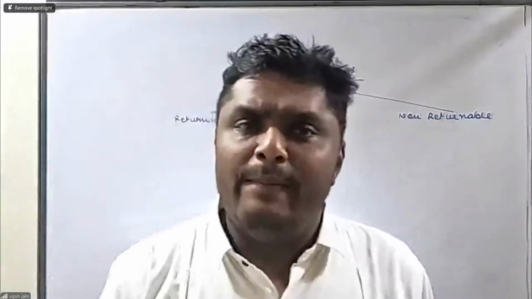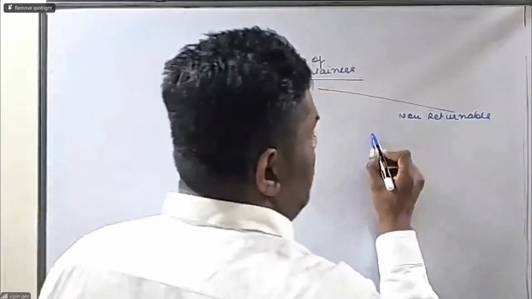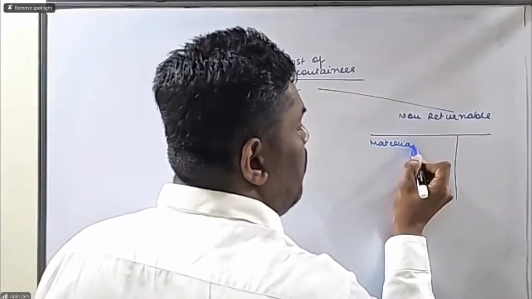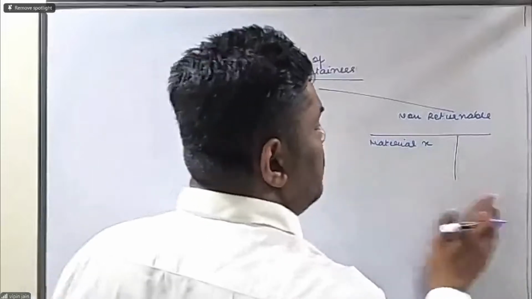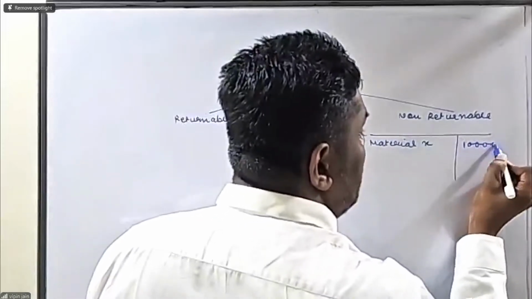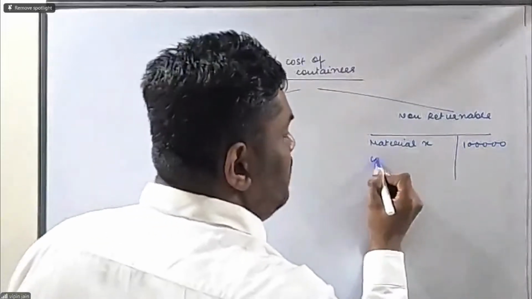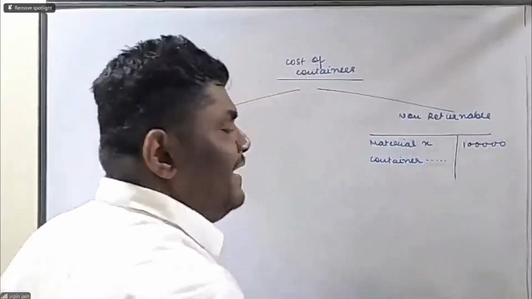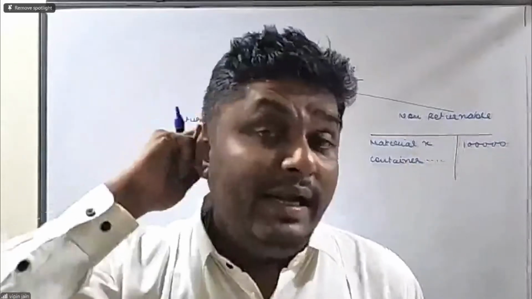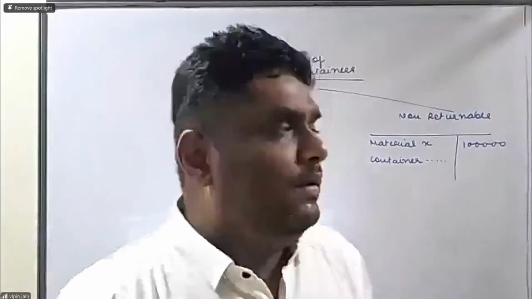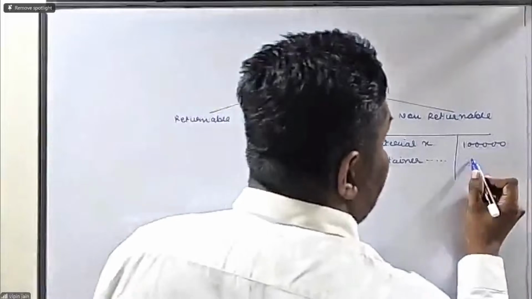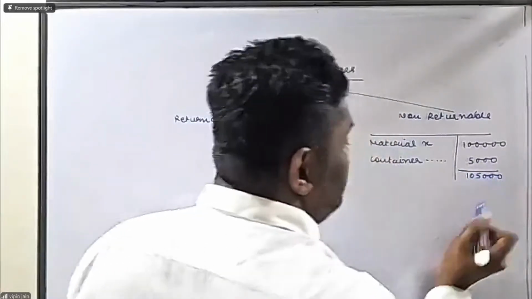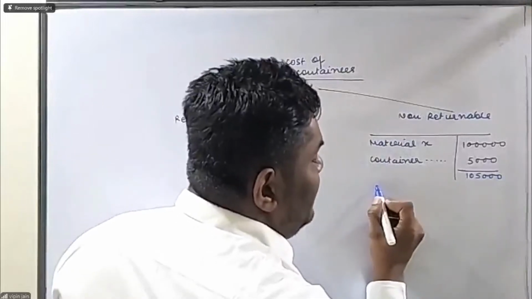So let's take an example wherein I purchased a material X for 1 lakh rupees. Further, the container cost, the container in which the goods are packed, is, let's say, 5,000. Total bill is of 1,05,000, and it is given in the note